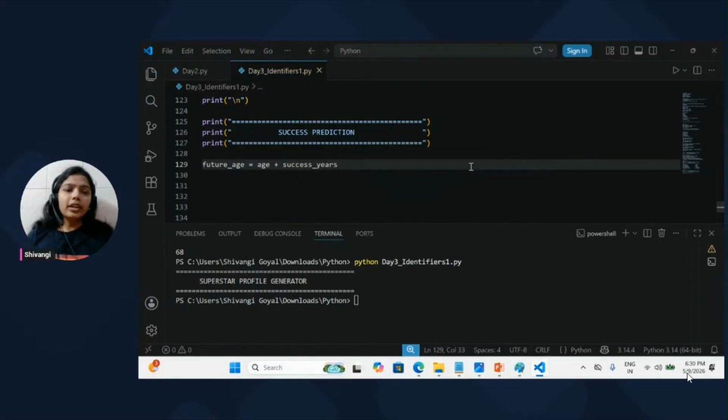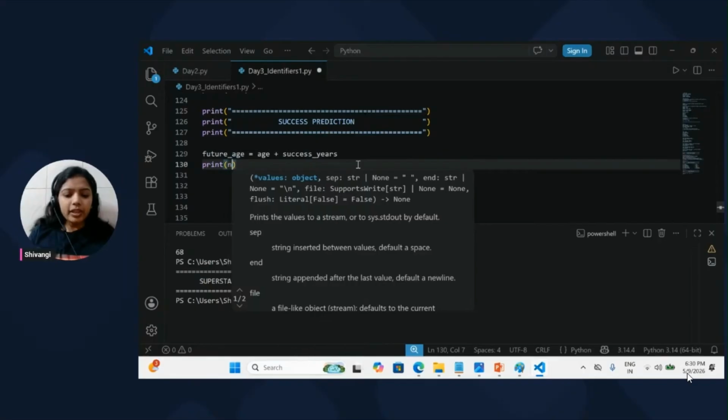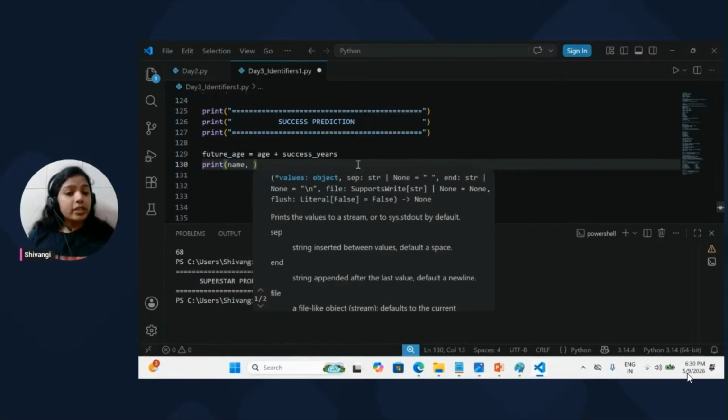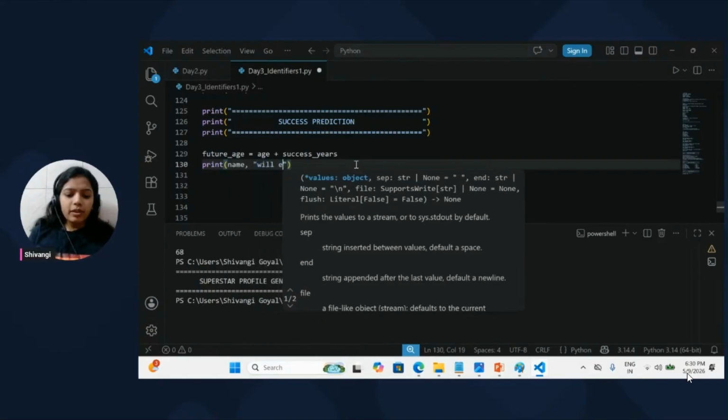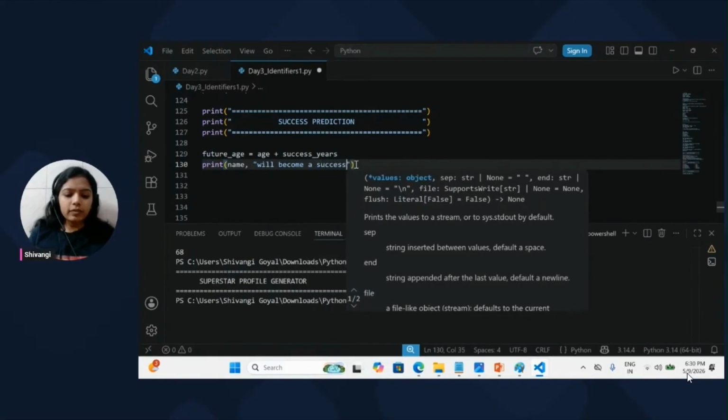Let's say you are currently 20 years old and you say I will be successful after 4 years. So obviously 20 plus 4 will be 24. You are going to be successful at the age of 24. Because I'm going to write something related to this only. Let's say the name, John. The user says my name is John. John will become a successful